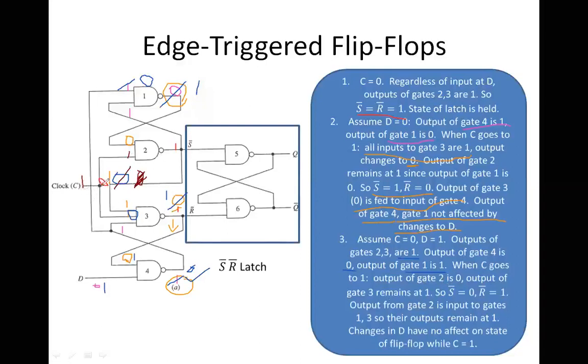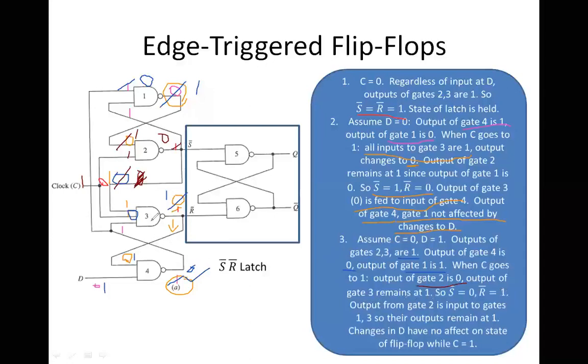The clock is given here as 1. So this 1 will pass here, which means it becomes 1 into 1, 1. So my output is going to be 0. Remember, the previous 1 will come and sit here. So gate 2 is what? 0. Gate 2 becomes 0. So the output of gate 3 remains at 1.